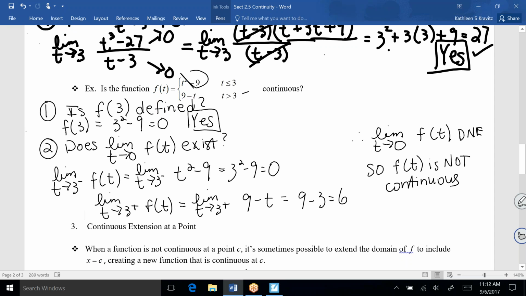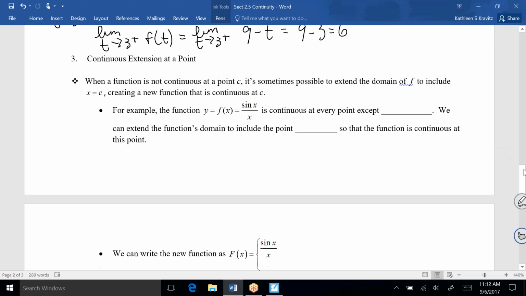So if we were to graph that function and trace it with a pencil, we wouldn't be able to trace that function without lifting our pencil up. All right. And then the third thing we're going to talk about in this section is continuous extension at a